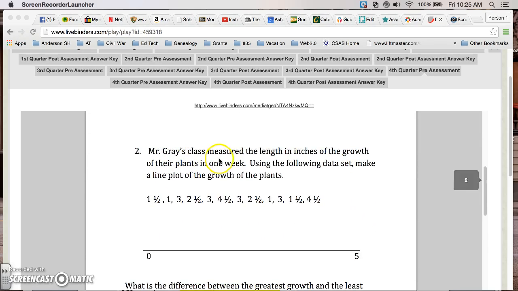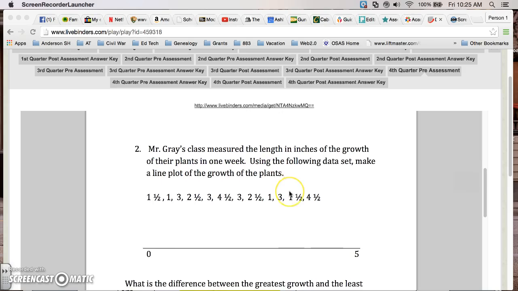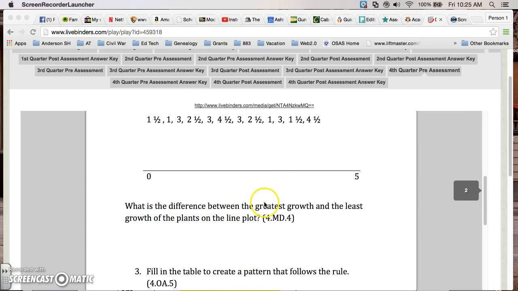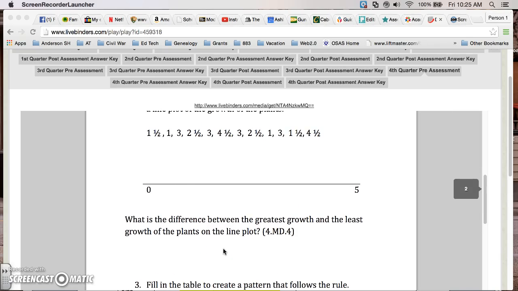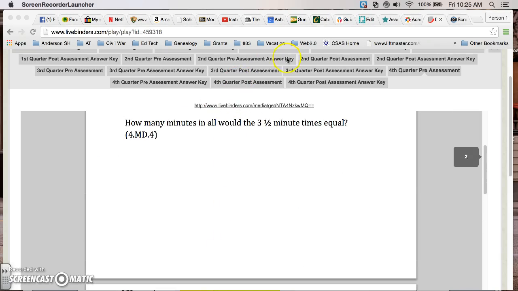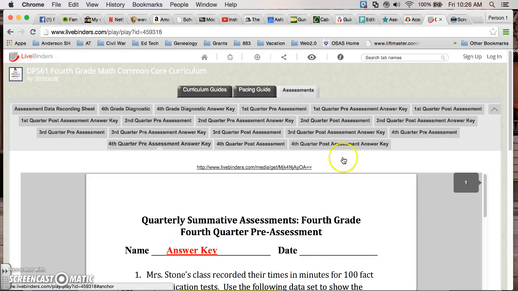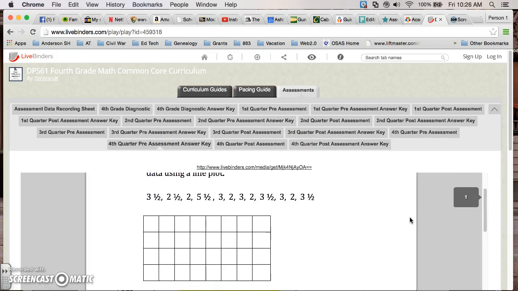Item number 2, Mr. Gray's class measured the length in inches of the growth of their plants in 1 week using the following data set. Make a line plot of the growth of the plants. What's the difference between the greatest growth and the least growth of the plant on the line plot? You can see on this one, they actually have the answer keys. So if you go to the answer key, right,